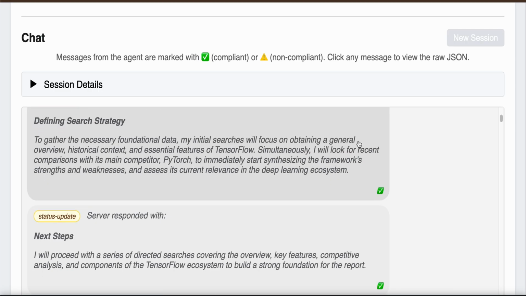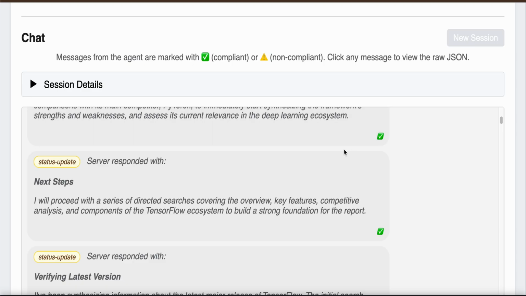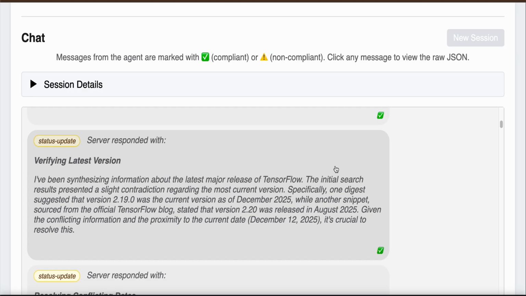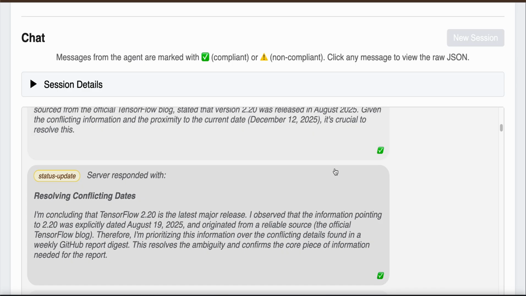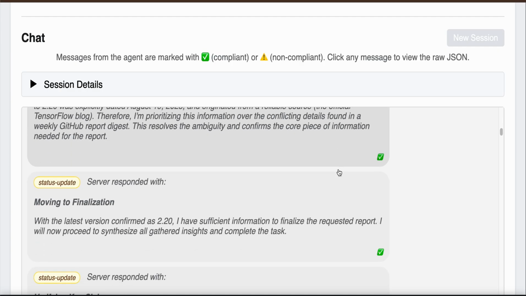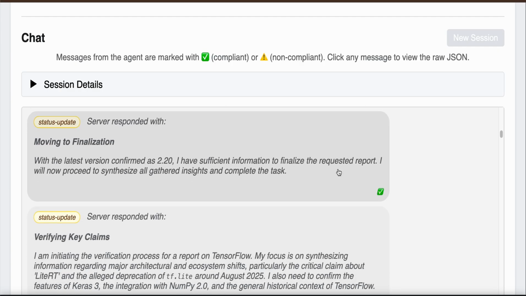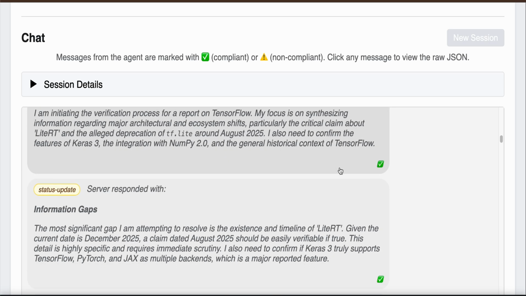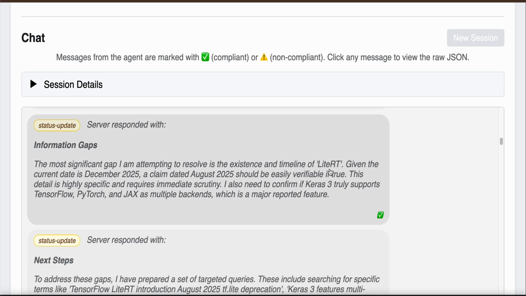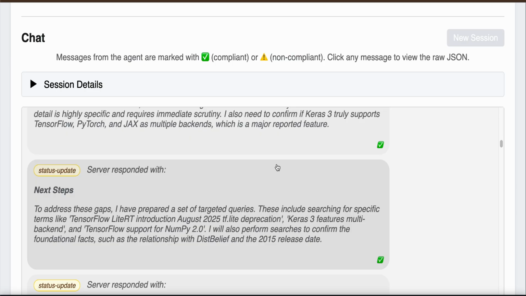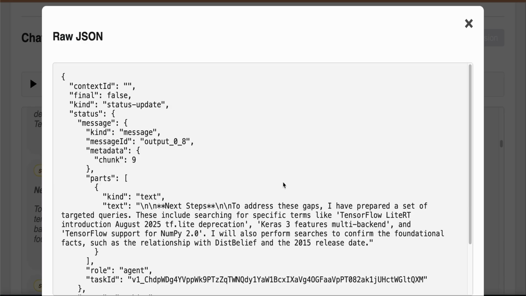So it is defining the search strategy, it's defining what steps it needs to do next, then it's verifying the latest version, and then it's resolving some conflicting dates, then it's moving to finalization, it's also verifying some key claims, it's looking at information gaps, and then